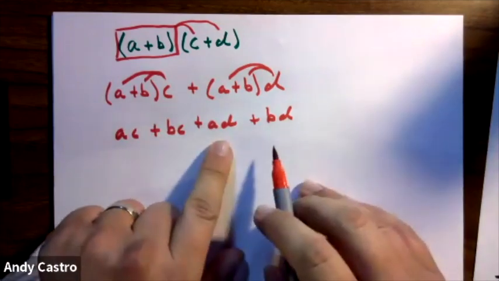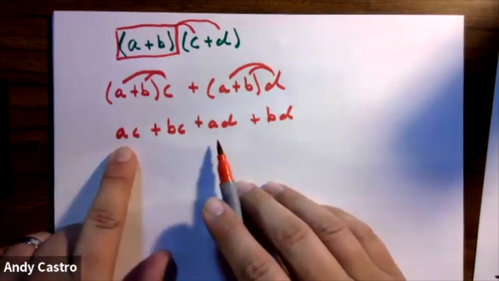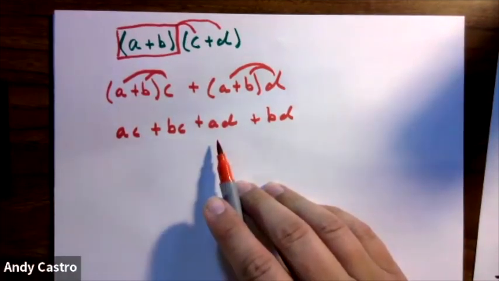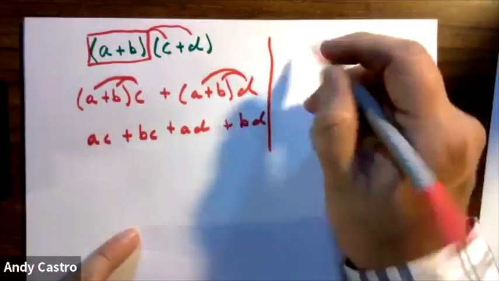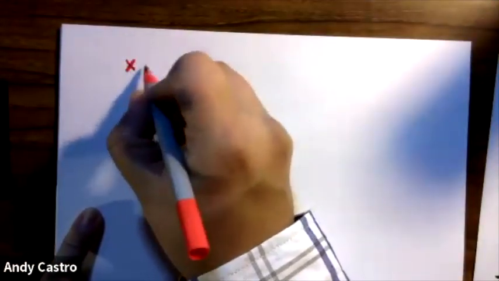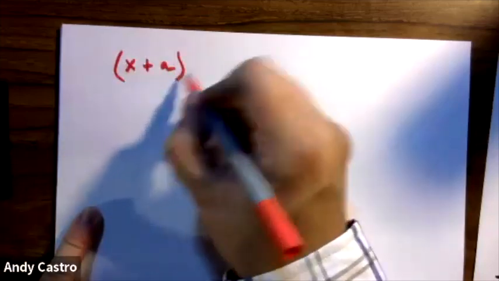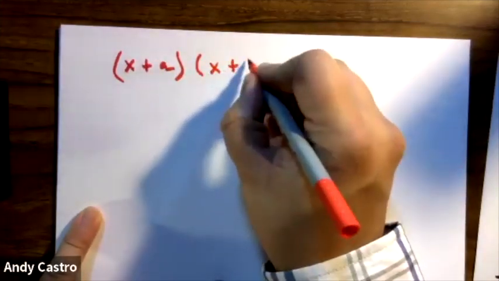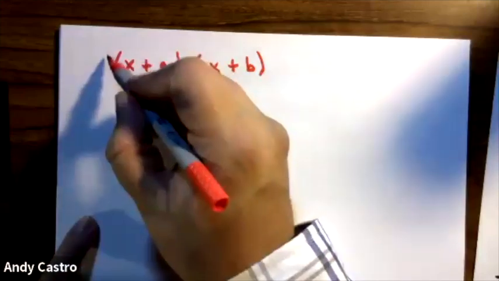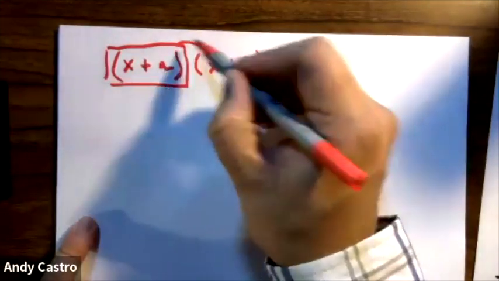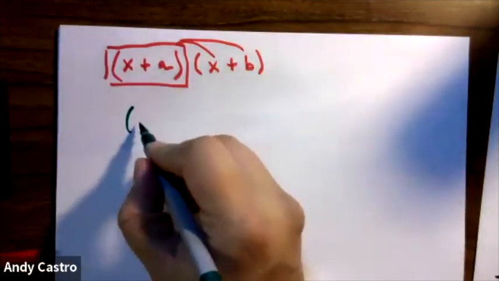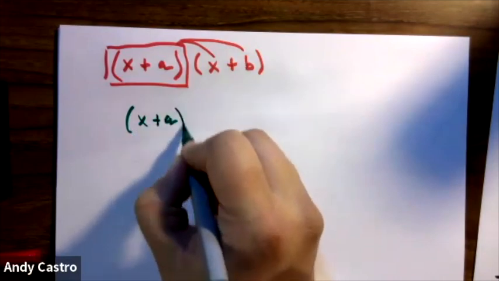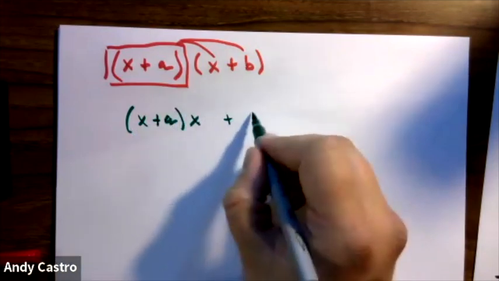So we can see a couple of things here. For example, and in fact, let me do this again. Sorry. We want to do this with x's. So x plus a and then x plus b. I think that'll show it better. So if we take this and multiply it by x and multiply it by b, we're going to have x plus a times x plus